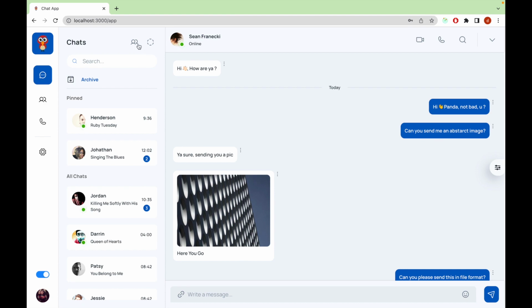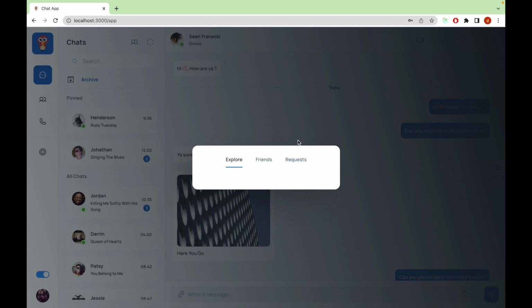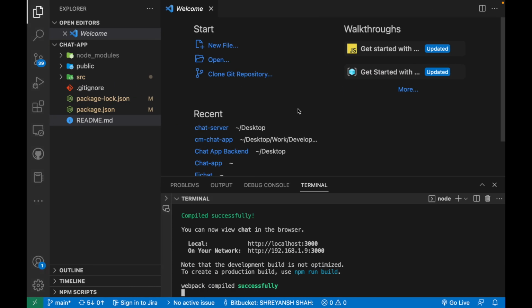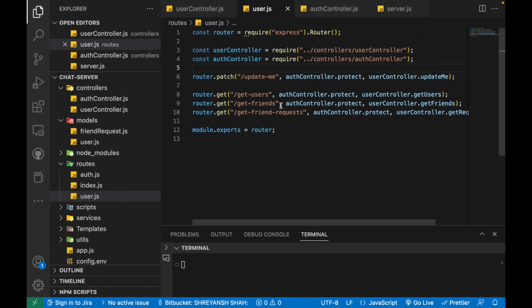So in the previous video we were discussing the functionality of sending and receiving friend requests. We have completed these tabs, and we also rendered a list, but we have to switch those components with the actual components that we have left as a comment. So the first thing that we'll be doing in this video is to implement the backend functionality for this feature. I also want to point out that we implemented these routes: get users, get friends, and get